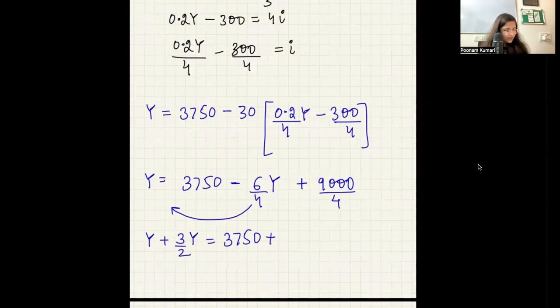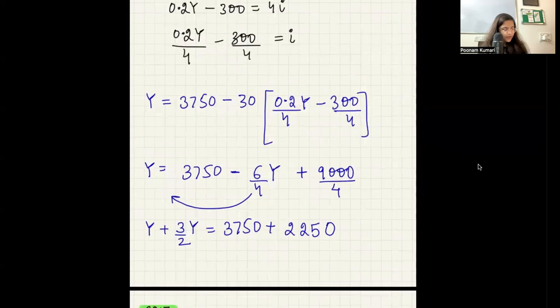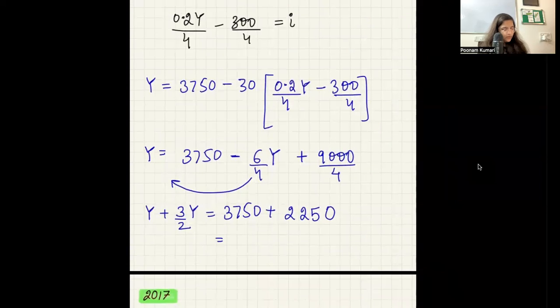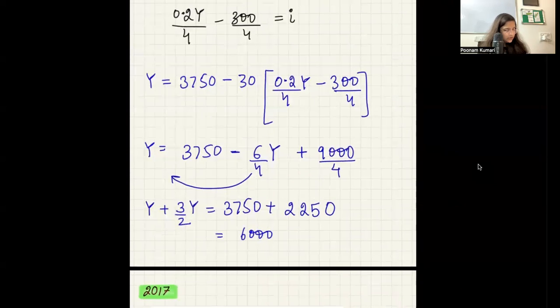अब ये जो है ये कितना होगा? 2 and 1 0 is 2 and 5 and 0, right? Yes, that's what you're going to get. And then when you add these two, this is 3,000, 2,000, 5,000, and then this becomes 6,000. So 6,000, and this is 5 by 2y. So y is 2 by 5 of